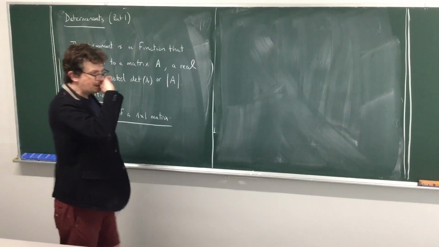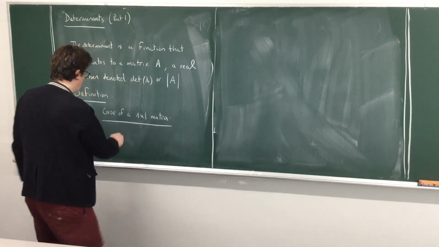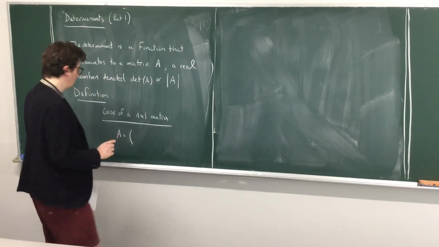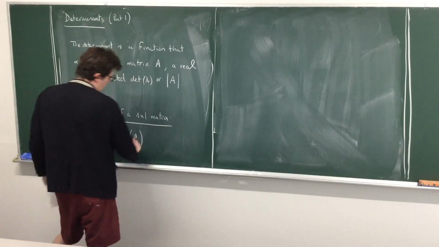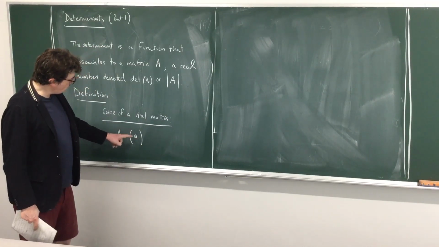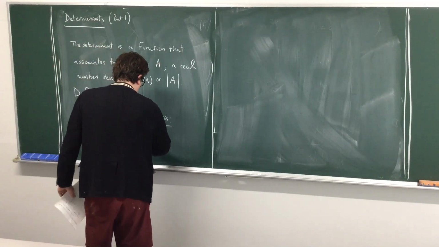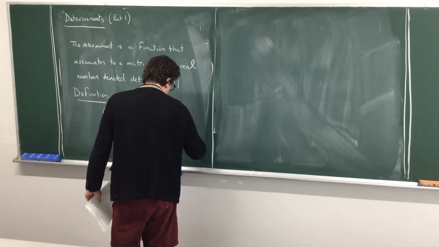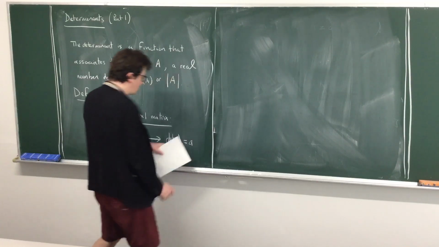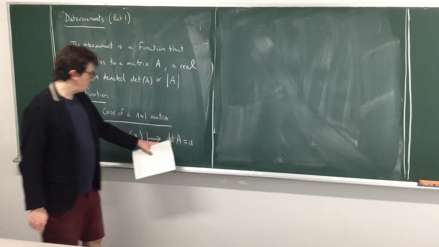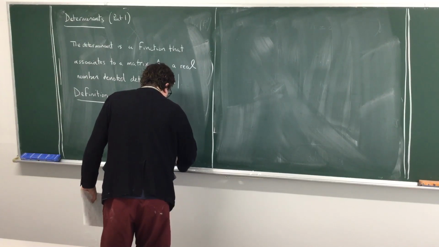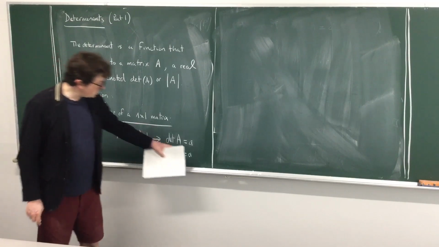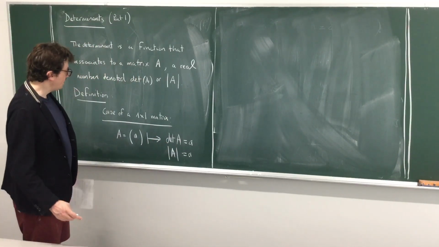So what is a 1 by 1 matrix? A 1 by 1 matrix is a matrix with only one row and one column, which means only one entry. So you will write a matrix 1 by 1 like this. Now what will be the determinant function in this case? Well, the determinant of A, we will just take the entry A. So be careful, it can also be denoted like this. But this is not the absolute value, this is just the value A, so it can be negative.